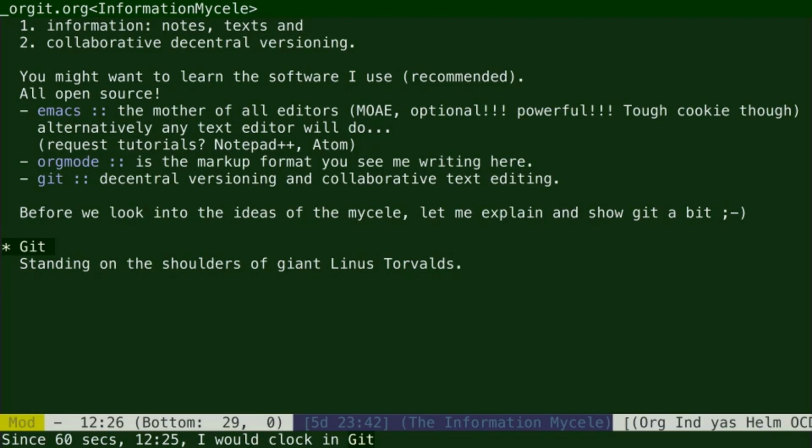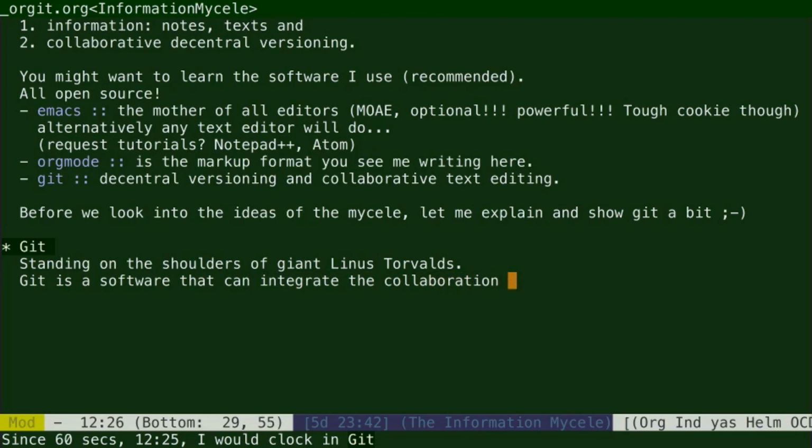Git is a software by which we are using the work of the great Linus Torvalds. So standing on the shoulders of this giant means in this case that we are using a software he wrote to alleviate the problems of the development in the Linux kernel.